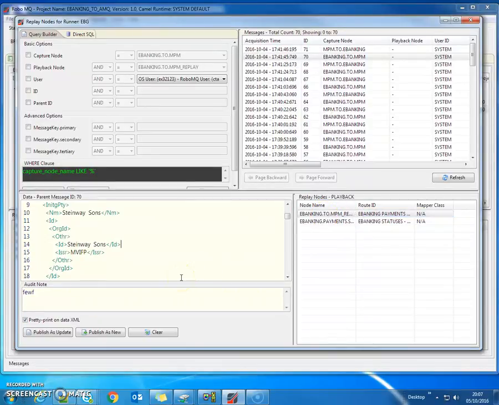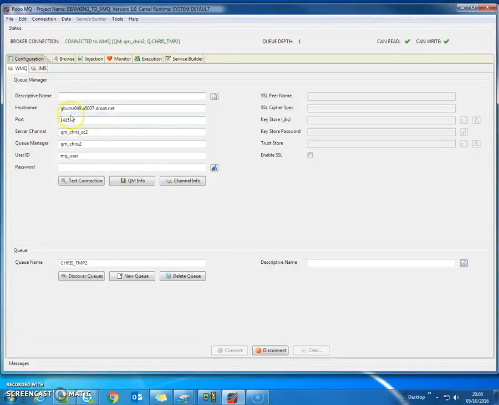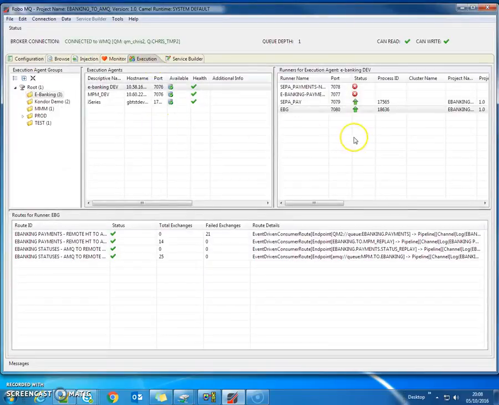Maybe there was an issue on the target system where some counterparty has not been set up, so it fails for that reason. Again, if the data needs modifying, I can modify the data, add an audit note as to why I'm doing it, and publish it as a new or an update to a message. But at no point have I ever had to see any of this information, which is the connection details and the user IDs and the credentials that would allow me to connect in an unaudited fashion to the queue manager. RoboMQ keeps an audit trail as well, separately to Replay Node,